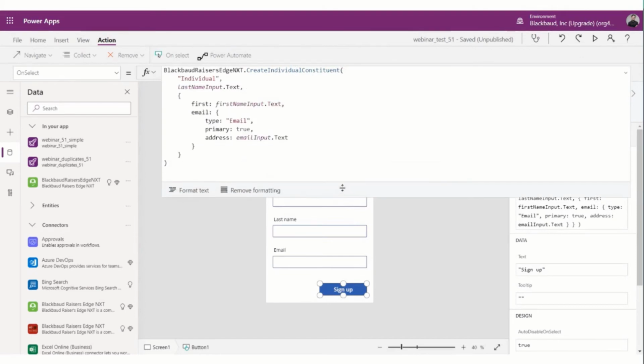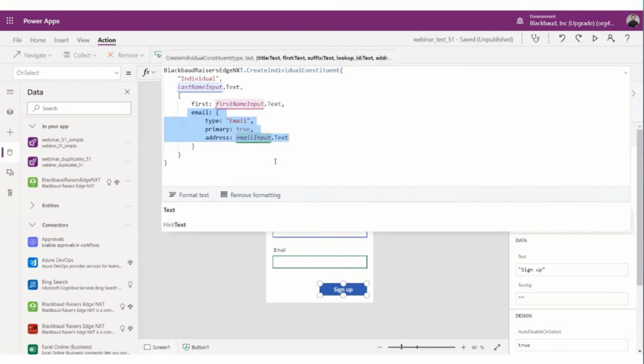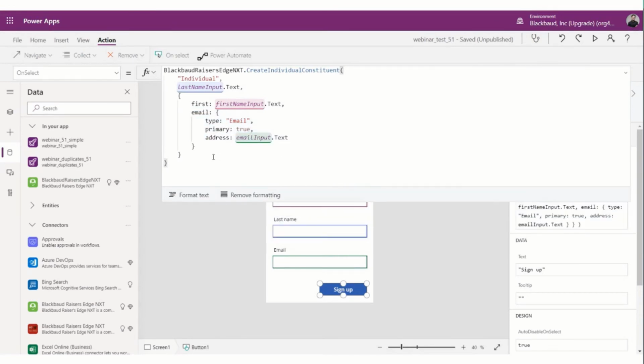So everything's looking right. There are two things you may notice. The first thing, if you're only familiar with Power Automate or you're not familiar with an API call, is, hey, that's kind of weird. Why do I need to have all of these things nested inside of each other? This is really what Power Automate is doing under the hood for you. There are different properties within this email attribute. It has a type, it's a primary, there's an address. It's making that easier for you, so you don't have to think about how things are nested.